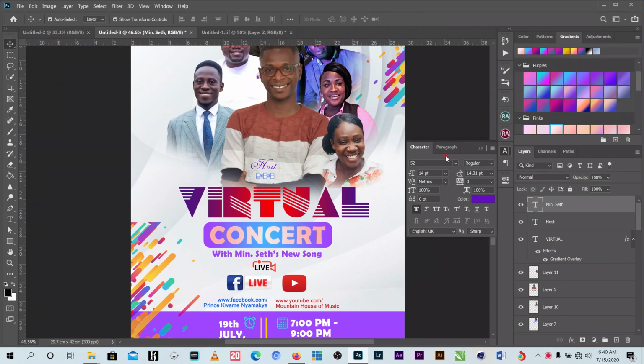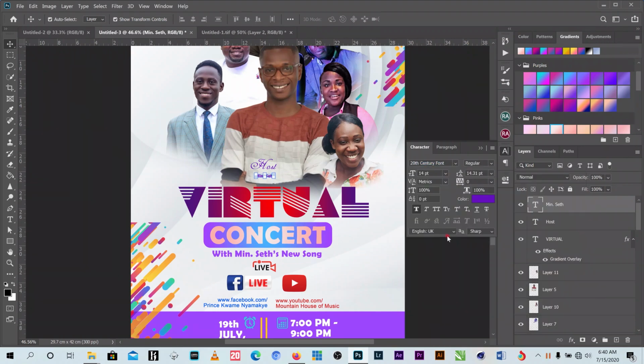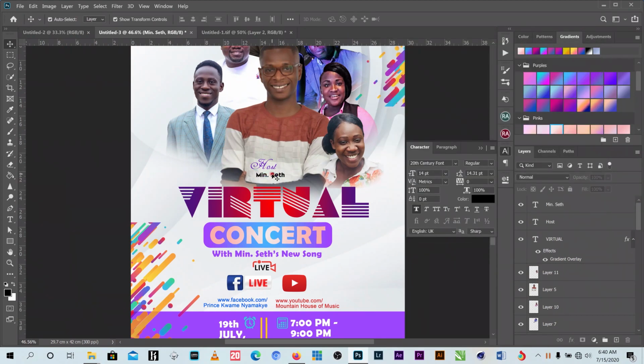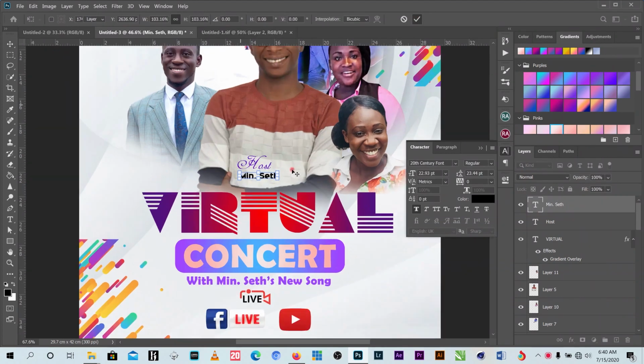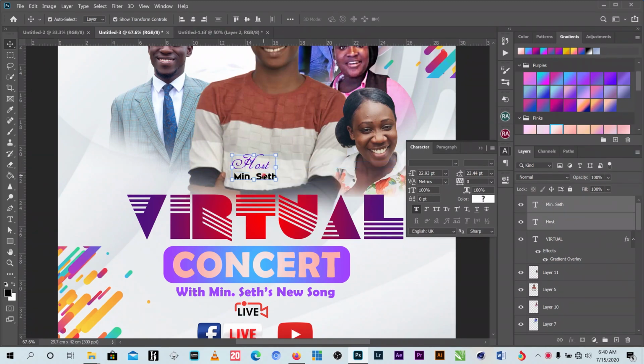I'll change the font to, I think, this one here. Then I change the color to black. Very good. So what I will do is that I will copy, I will select them all, then press on Alt, then I'll copy it, and I'll come to